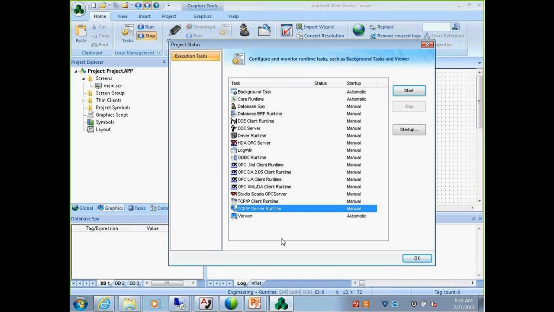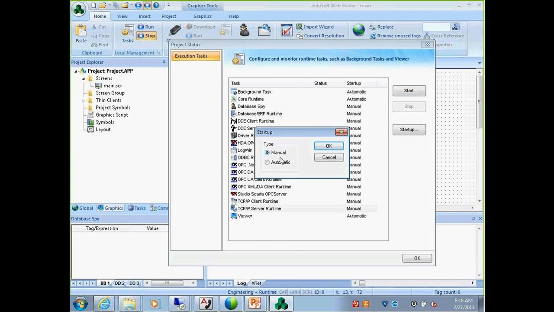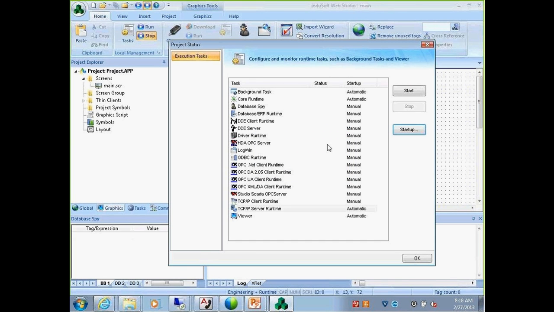So I can select the TCP/IP server runtime, and I can select Startup, change it to automatic, click OK, and now when I start my project, the TCP/IP server runtime will start. Now, had I just said OK or yes to that previous pop-up, it would have done the same thing for me. But I wanted to make sure that you knew that this is the task and how to configure it if you wanted to configure it or turn it on and off. You would do it in the tasks